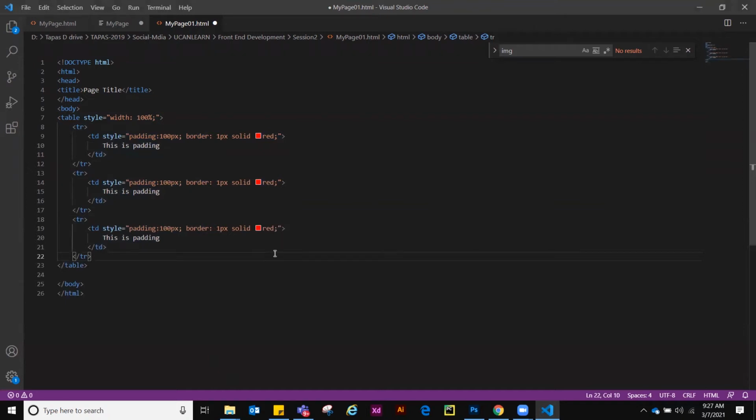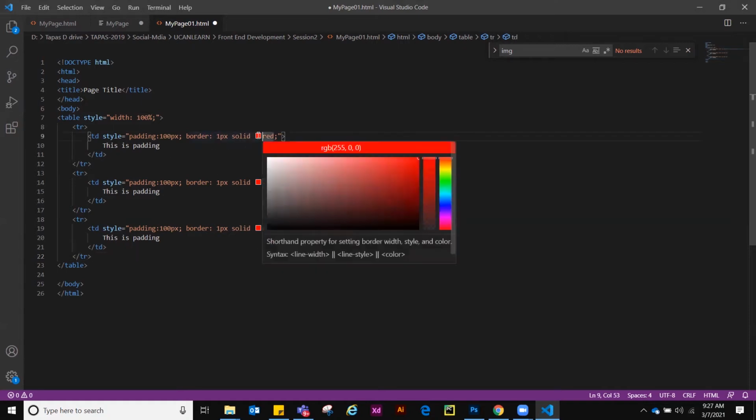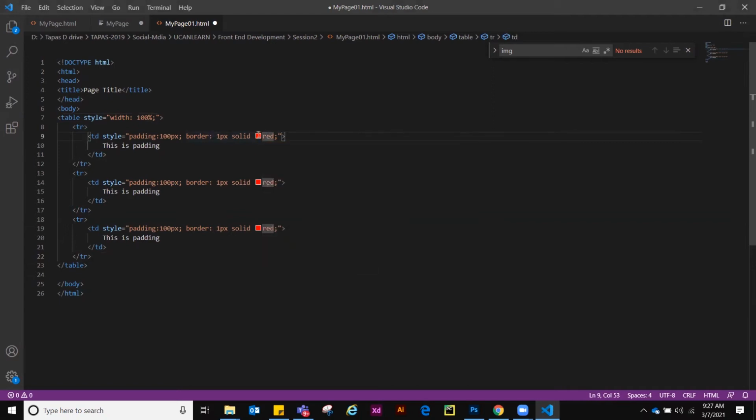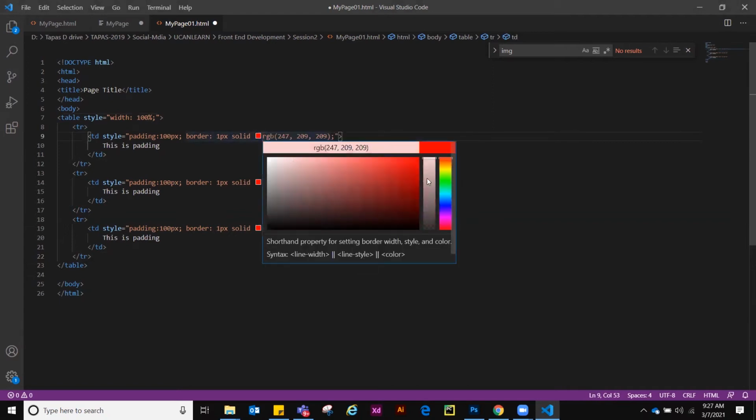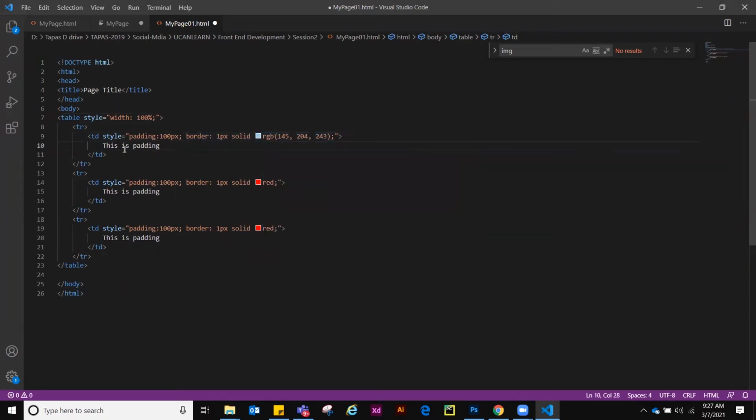rows here, right? The section which spreads from left to right, we call it a row, and which goes from top to bottom, we call it a column. Like in school we learned, stand in a row. So what I'm writing here, let me change this color a little bit. See, if you click on this, you can also select a color from here. So let's make it a very soothing color.